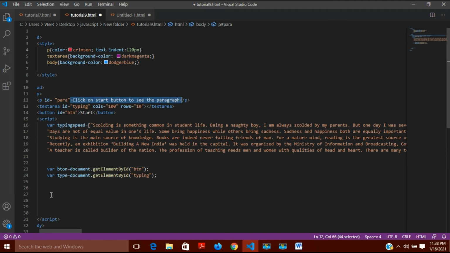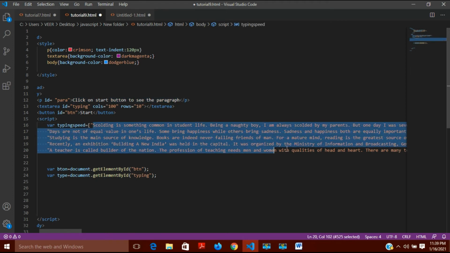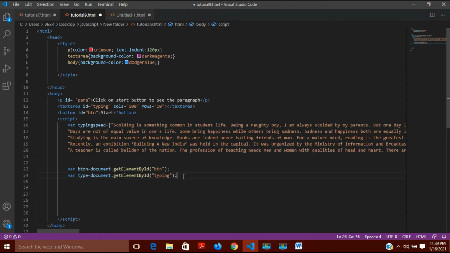So I want it to do something for me, and that is on click. So on click it should listen to me, and what it should listen, that it should create a paragraph and remove this one, and in place of it it should overwrite any of these paragraphs randomly. So for this I will first of all make that button listen to me. For this I will use this variable which I have created, which is creating a link between JavaScript and this button which is created in HTML.